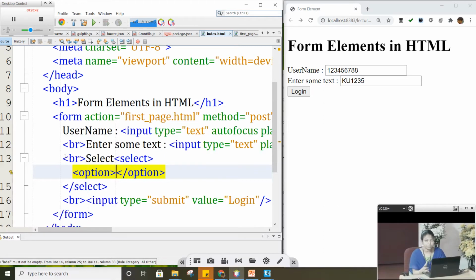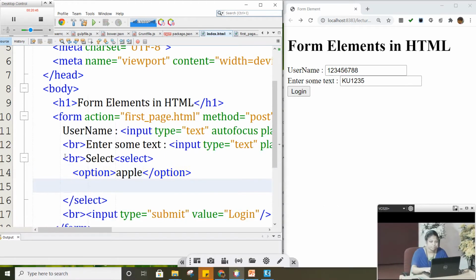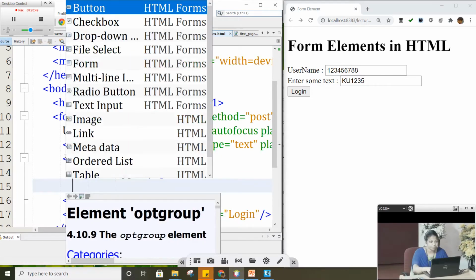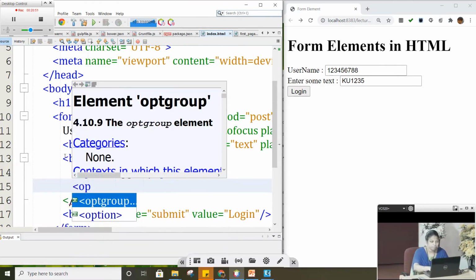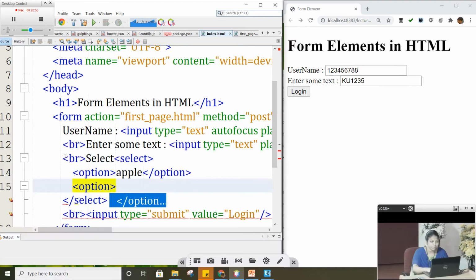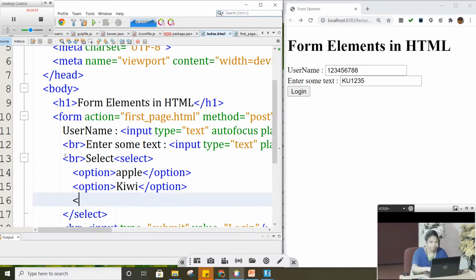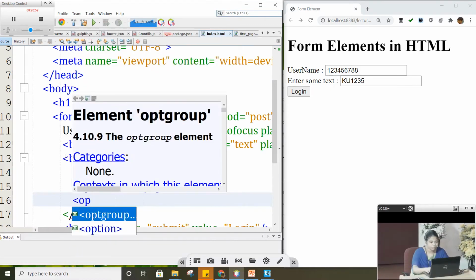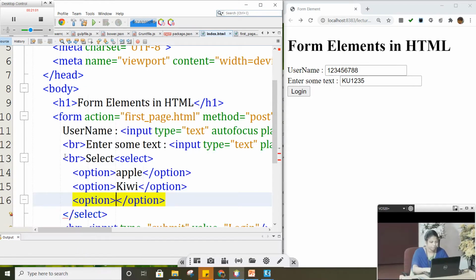So I'm going to give some fruits and vegetables here to make you clearly understand. Let me give some fruits and some vegetables. For the next option, I have to use the next option tag. I'm going to use kiwi. For the next option, I'm going to give some grapes.